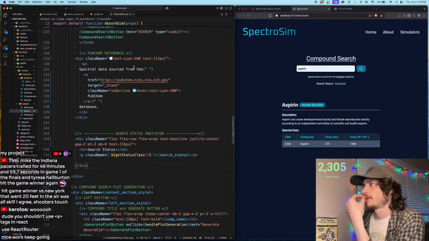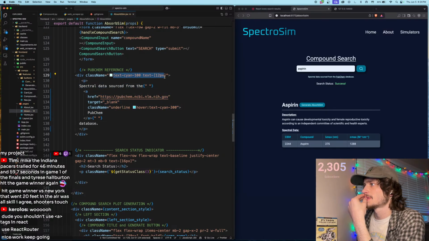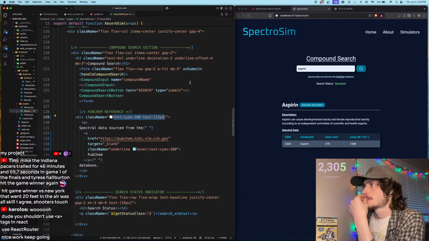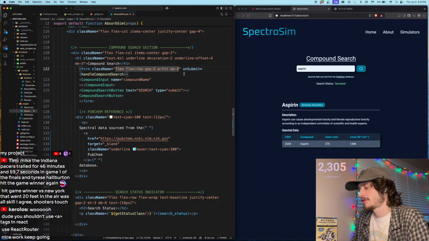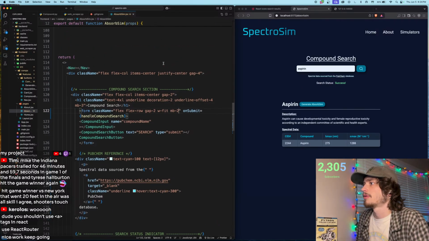Okay, so this PubChem reference has no margin on it. This has a margin bottom of 3. I see this 2. And then